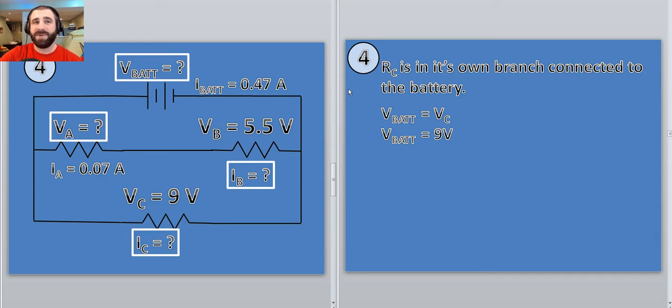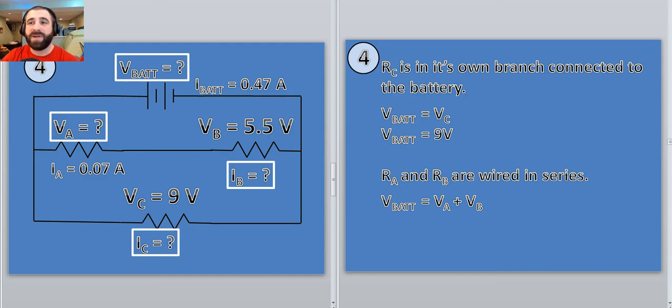And then the next thing we can say, if we're continuing on with the voltages, well, RA and RB are wired in series. And what that means is that the VBAT is equal to VA plus VB. So I didn't even really talk about here how C is in parallel with that, because I've already implied it, right? We already talked about how these are in two parallel branches. But what we could say is RA and RB are wired in series,